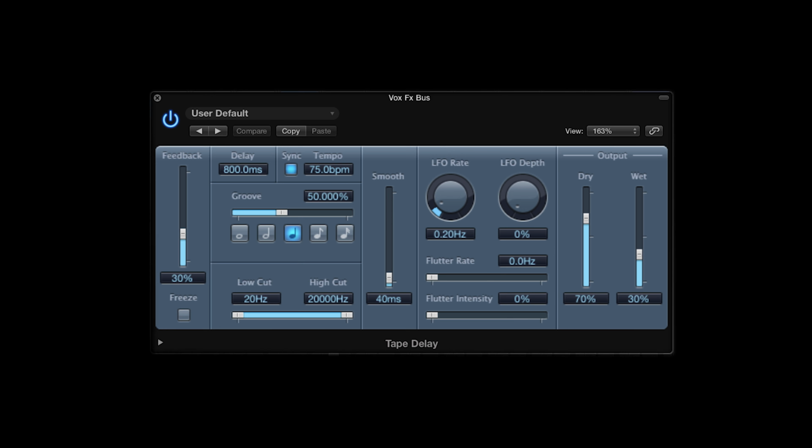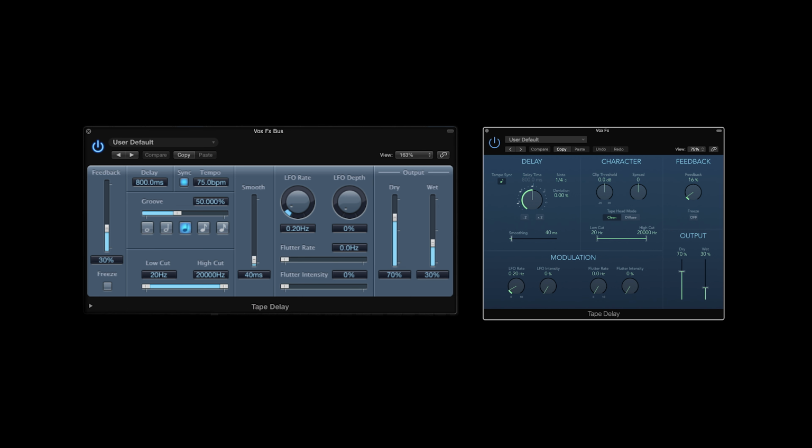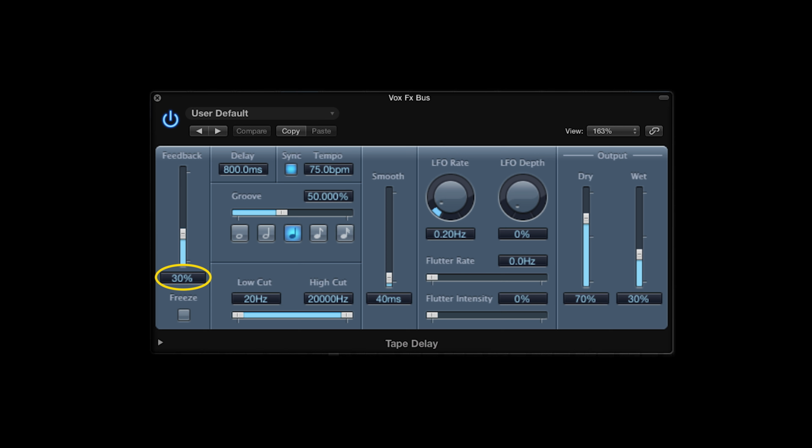Now, the groove is set to 50%. In the newer version of Logic Pro, that might be what's considered, I believe, the deviation. So there's like a percentage that you can kind of sway the timing of that delay. So I believe groove on the old version and deviation, which show up on the latest version of Logic Pro, are the same thing. Feedback is set to 30%, and then on the output side of things, we have 70%